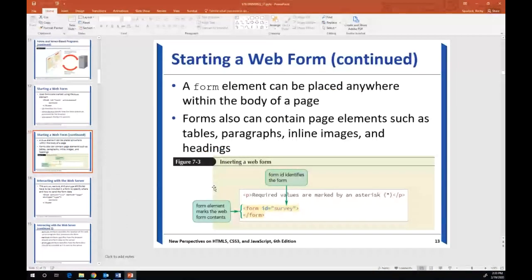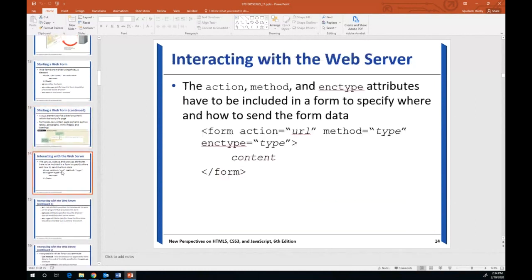Now, a form element can be placed anywhere within the body of the page. They can also contain page elements such as tables, paragraphs, inline images, and headings. So we've got a form element here. We're going to name this form survey. We have some action, method,